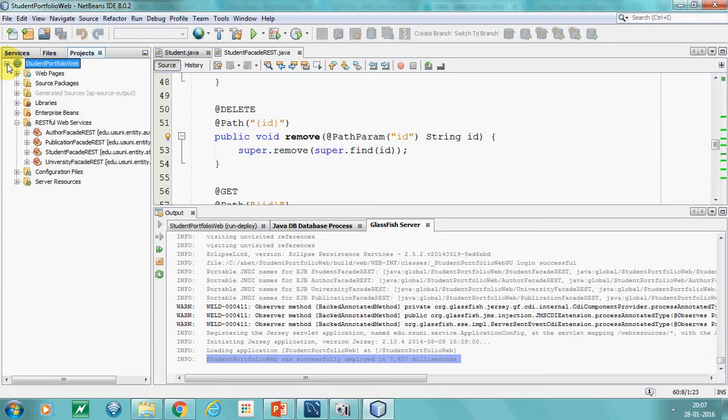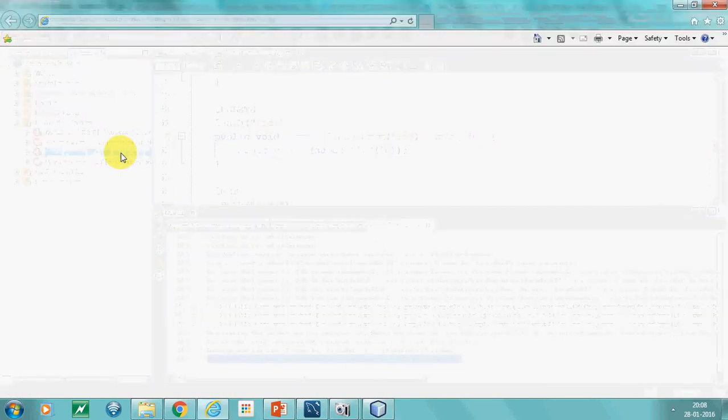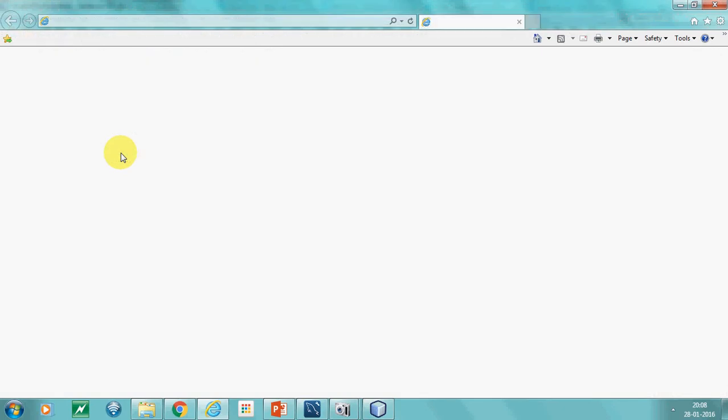So you can see in my project tab, expanded, in RESTful web service, there is my student facade REST. Right click upon it and it says test resource URI. Click upon it, and it will allow you to test this RESTful web service. It will just generate an HTTP GET request and send it to our RESTful web service.